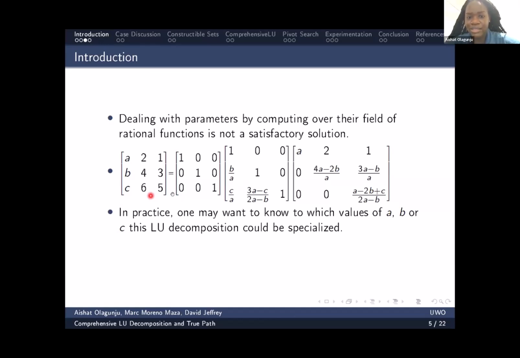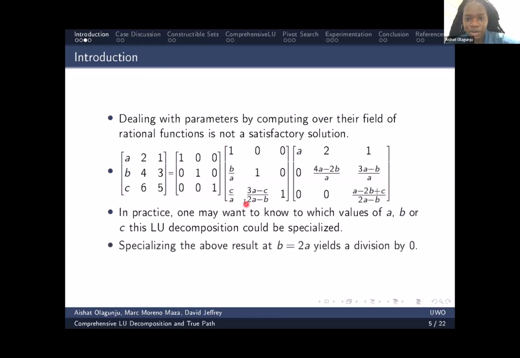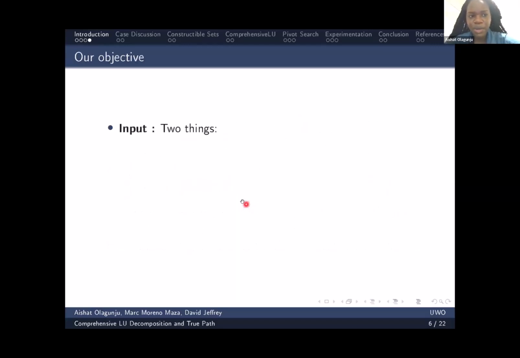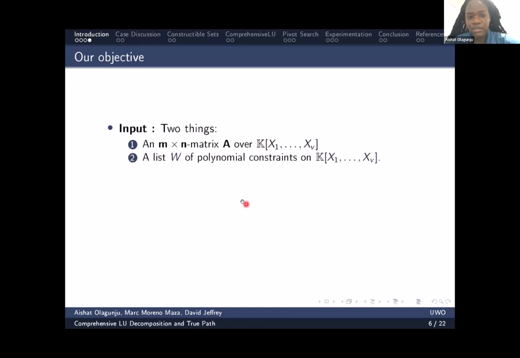Just by glancing at it, if you specify B to be 2A, this yields a division by 0. So again, treating our parameters as numbers is not sufficient. So our objective is to take as input two things. First, an n by n matrix A over the field of parameters, and a list of polynomial constraints W over a set field. And to return a list of pairs, P, Q, L, U, P and Q representing the row and column